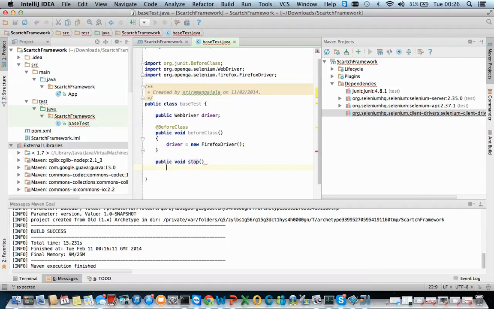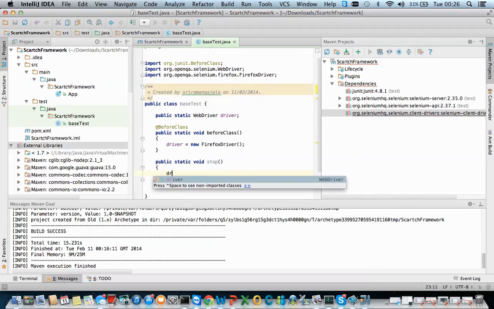So static method, okay, and we have only one WebDriver object, so we can make it as static. Cool. Okay, so yeah, driver dot quit, which will kill the object, and make sure that you open your,